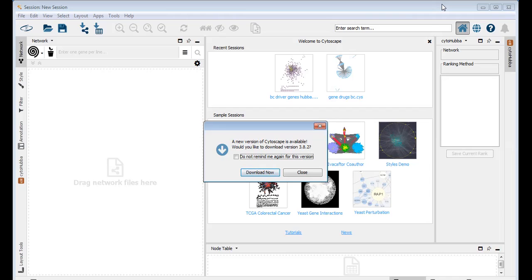the Cytoscape. Whenever there are updates, Cytoscape will give you a pop-up saying that a new version of Cytoscape is available, and would you like to download the version? Previously I downloaded 3.8.1 three or four days back, and now it is showing me that a new version has come, 3.8.2. If you want to download, you can just click on download, and that particular page will